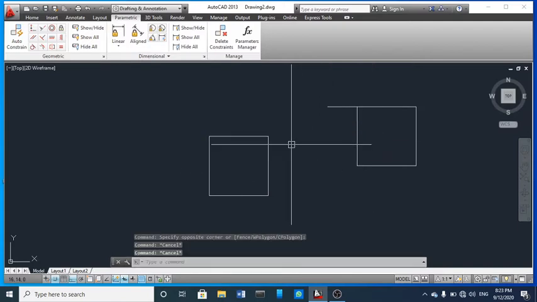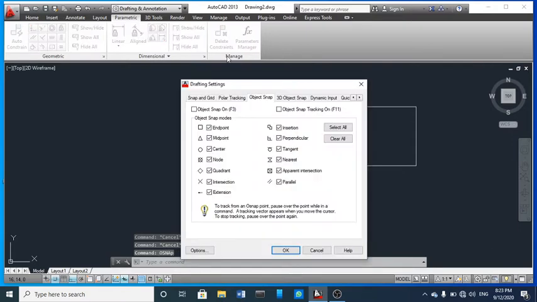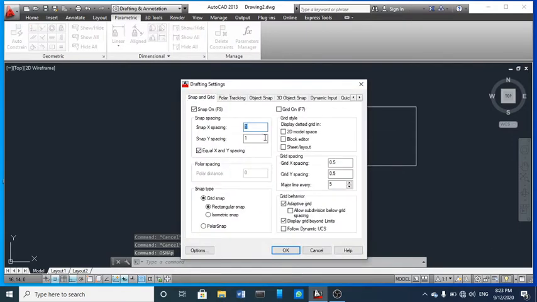This spacing you can change here by the x spacing and y spacing. So this is how you can change the snap spacing, and turn snap on through the F9 press.